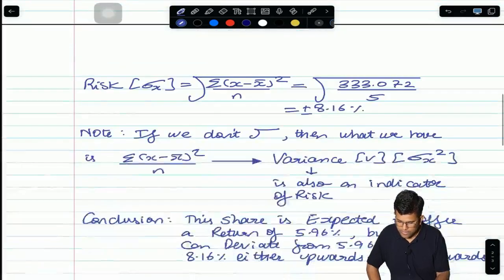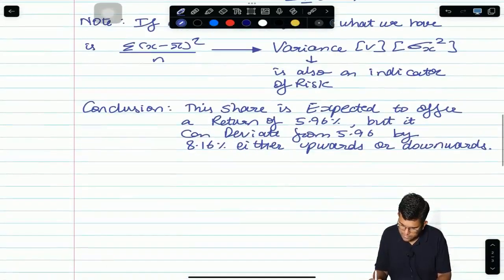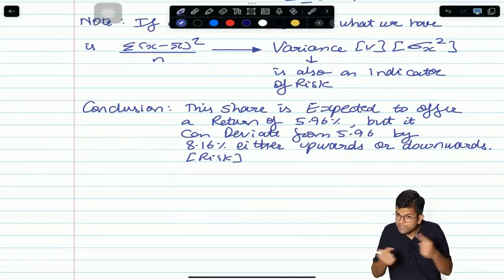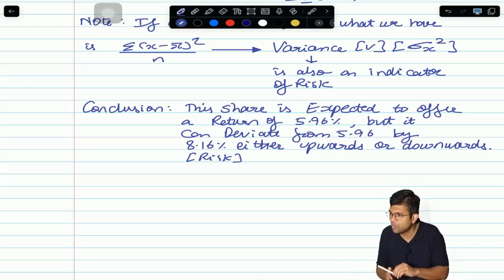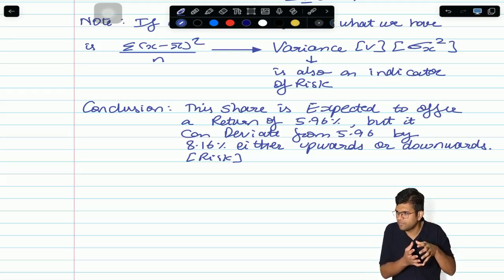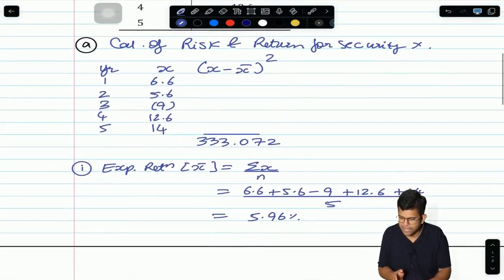Okay? So everybody understood how to calculate returns and risks. And basically, this is the risk of the share. However much deviation there is, that much risk is there, that much uncertainty is there. Is it making sense? This is how we quantified an abstract or vague term called risk. We gave a quantification. Got clarity? And higher this number, higher will be the risk. Done? Okay. So I would request you all to copy this point number A,